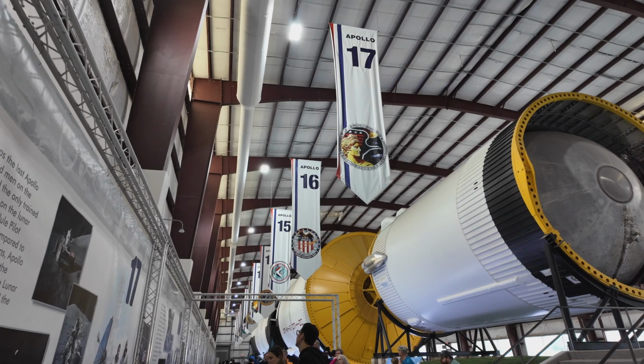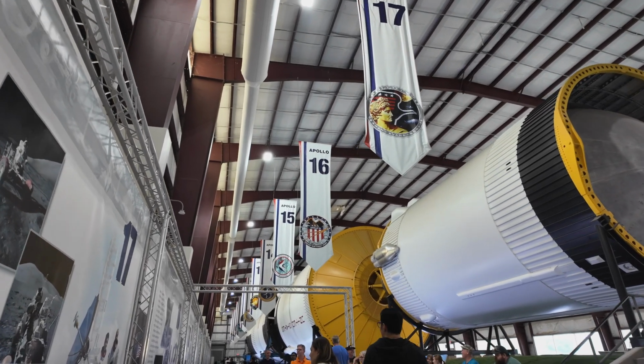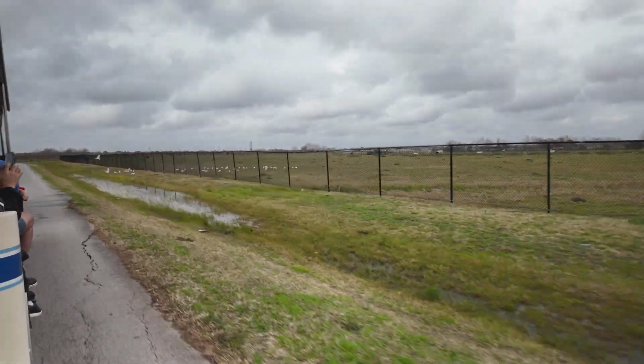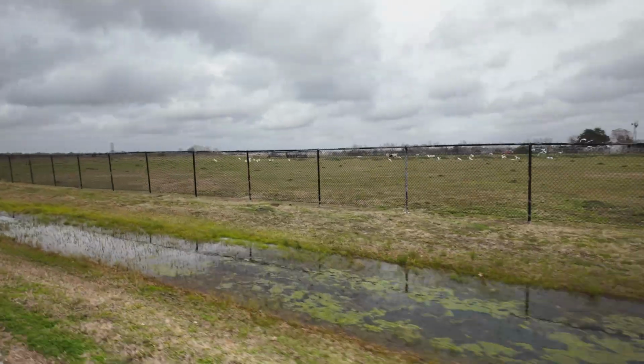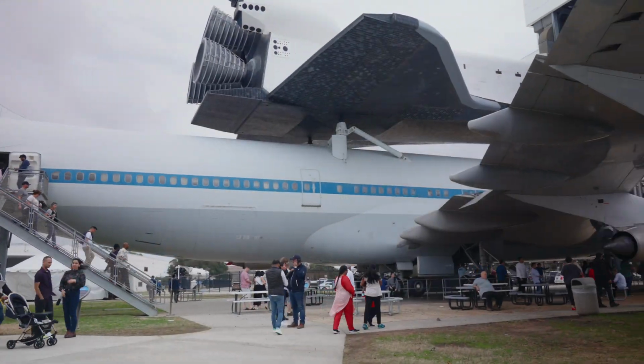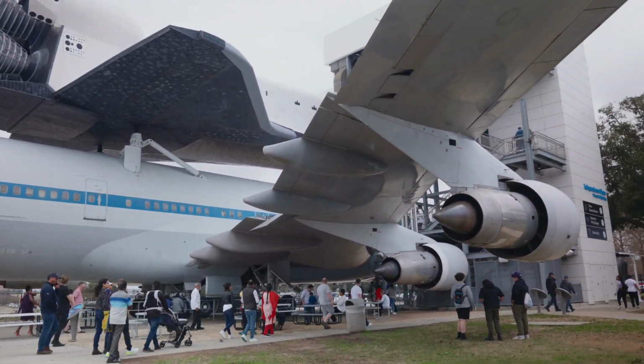And after taking all of that in, we headed back towards the tram, and it took us back towards the space station. To our surprise though, it didn't take us directly to the space station itself, but rather right next to it, to Independence Plaza. All right, we are now at Independence Park? Oh yeah, Independence Park. Independence Park, and we're going to be taking a look at the space shuttle and the